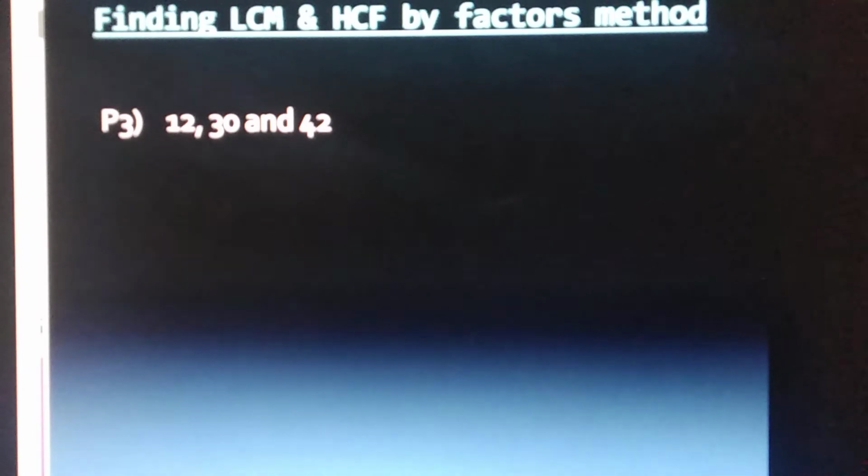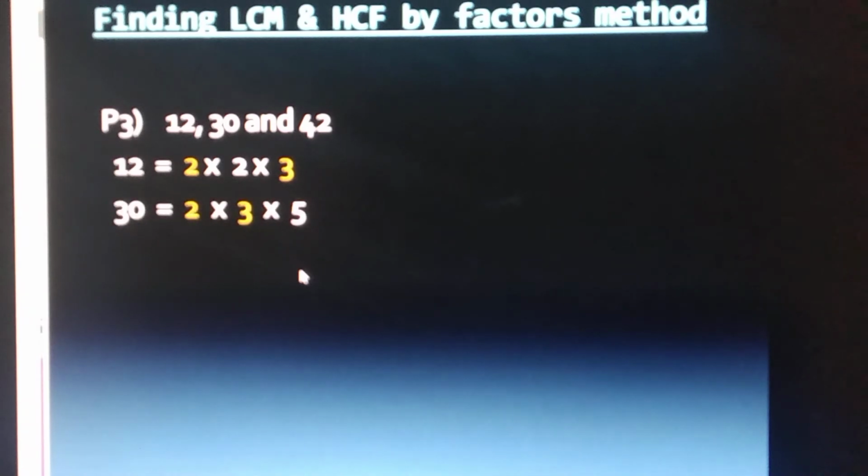And this model is given in the second exercise of our textbook of real number chapter. So we'll have a quick view of this one. Finding LCM and HCF of the given numbers by factors method. So here three numbers are given: 12, 30 and 42. 12 can be written as 2 into 2 into 3, 30 as 2 into 3 into 5, and 42 as 2 into